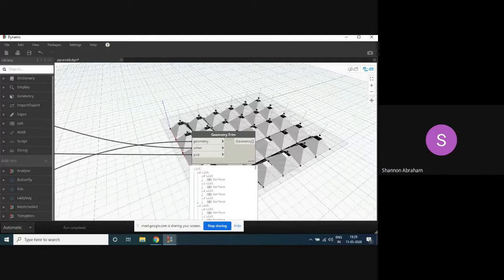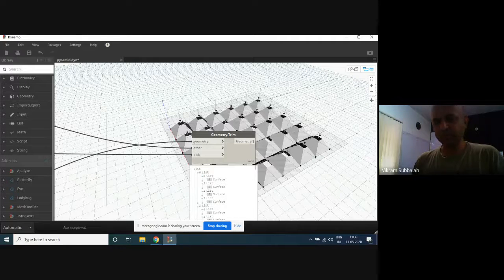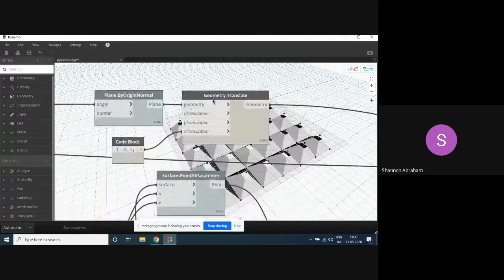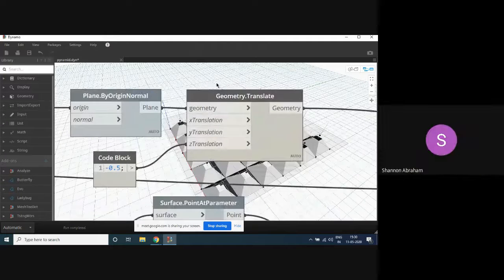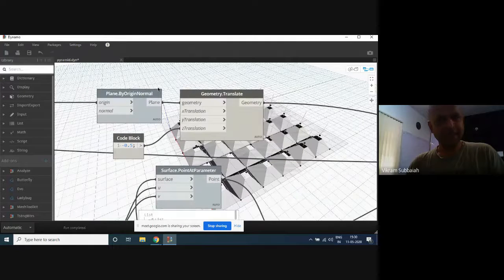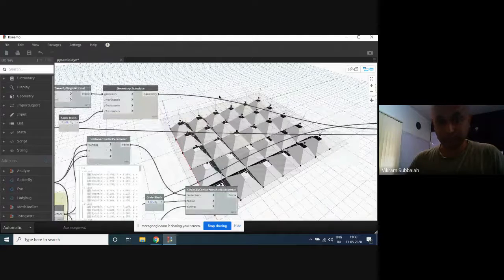Translate just means move, nothing else. But what was moved here? It's chopped. Yeah, but what was moved? You tell me. The points, the center point. No, what was moved here, Shannon? The plane. Exactly. And then what was that moved plane used for? What did we use the moved plane for?